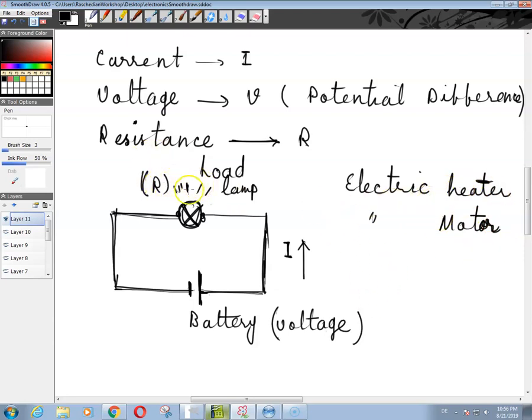Your load could be a computer speaker. And as a result of electrons going through the speaker, through the speaker diaphragm and everything connected to the whole speaker, you will hear some sound, and so on and so forth. So this load could be anything that